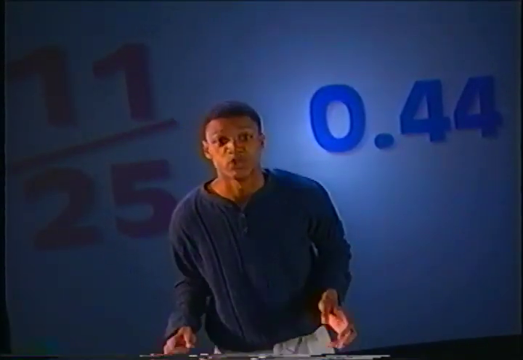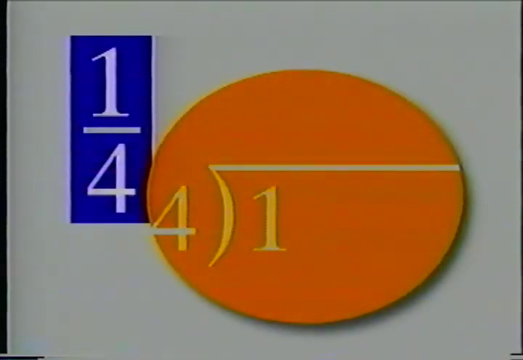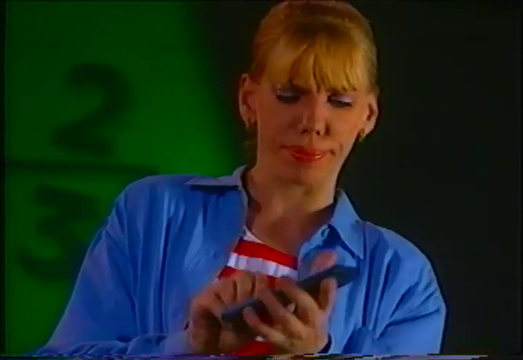If you can convert a decimal to a fraction, it stands to reason that the flip side must be true. You can convert a fraction to a decimal. Fractions can be thought of as ratios, or as parts of a whole. But there's another way we use fractions. Fractions are used as expressions of division. 1/4 is the same as 1 divided by 4. So to convert a fraction to a decimal, just divide the denominator into the numerator. 1/4 becomes 0.25. You could even use a calculator to do it.